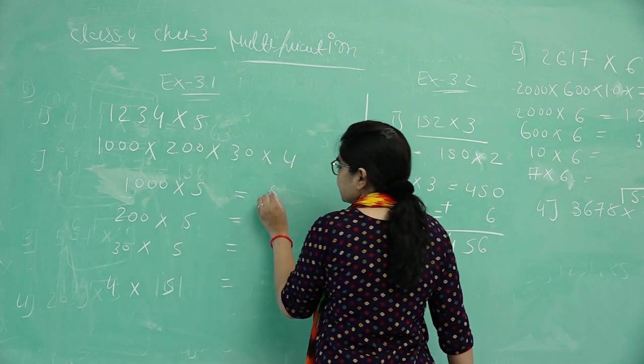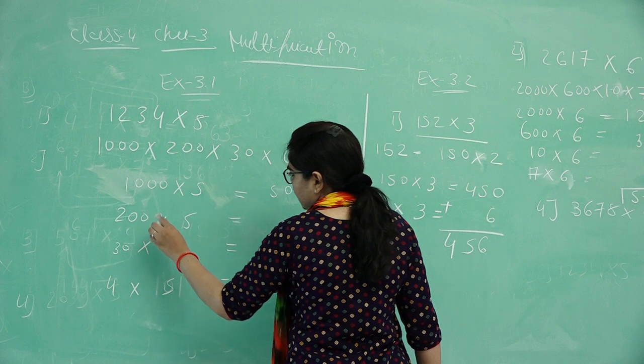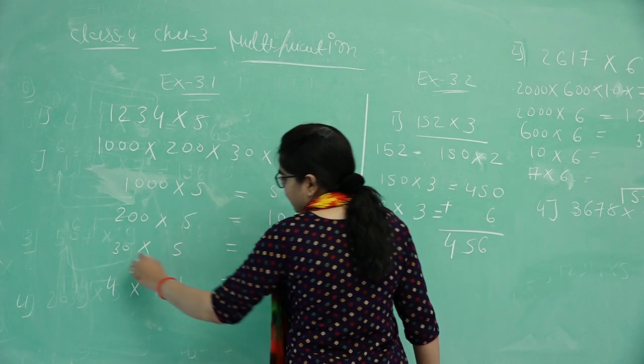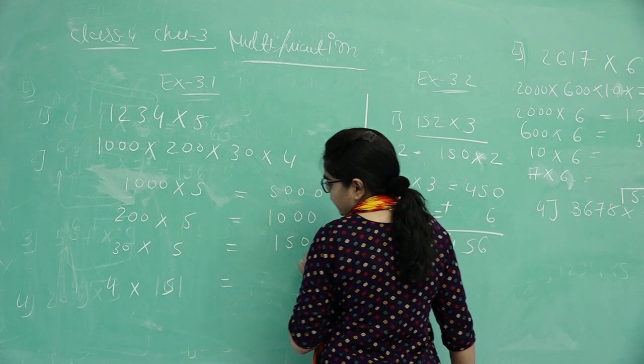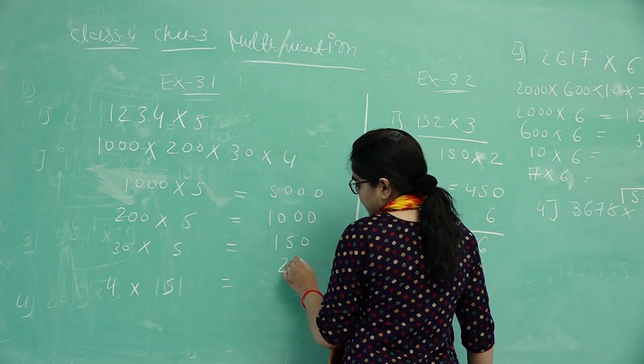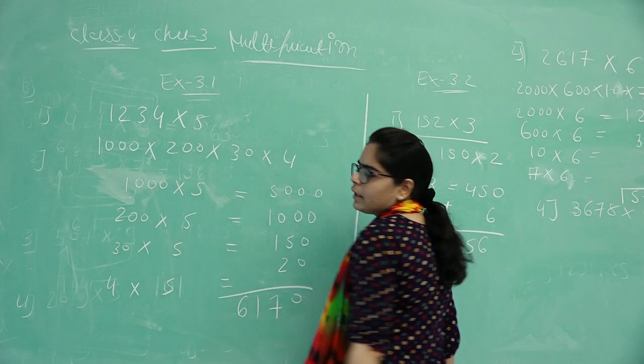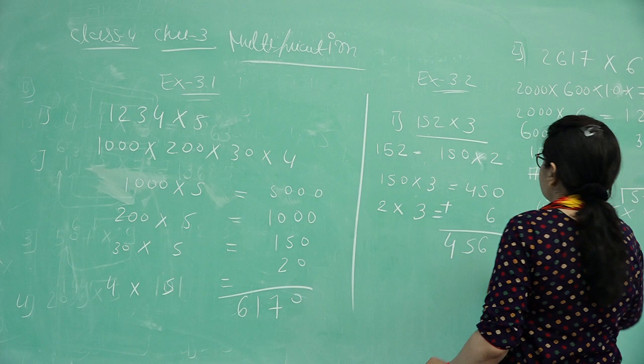Then 1000 5s means here 5000. Okay, then 5 2s are 10, here 1000. Here 5 3s are 15 means 150 and 4 5s are 20. Then 0, 7, 1 and 6. This is your answer. Our last example,